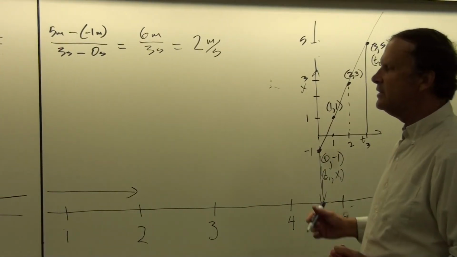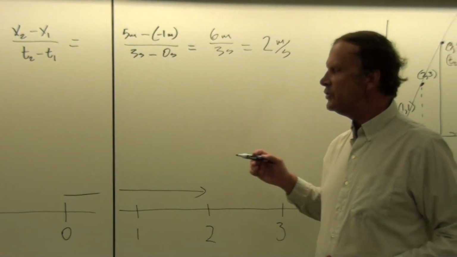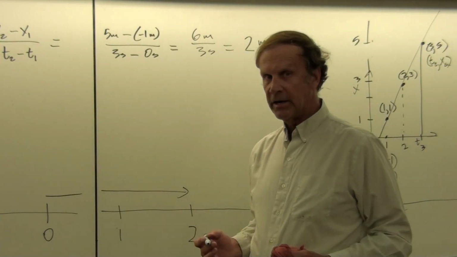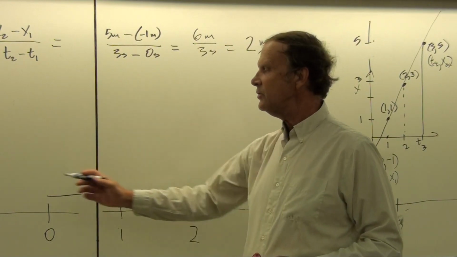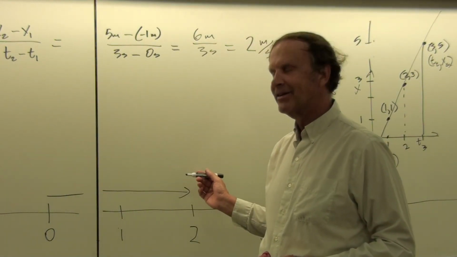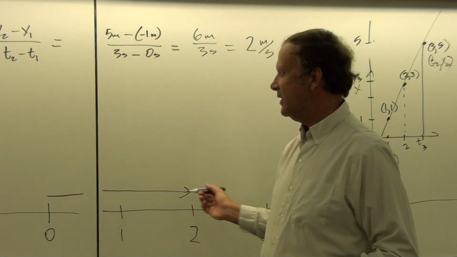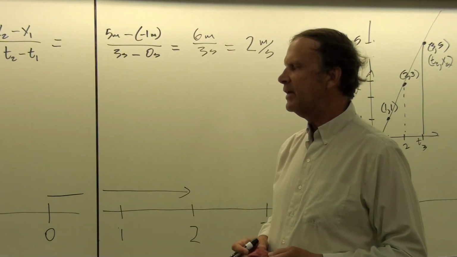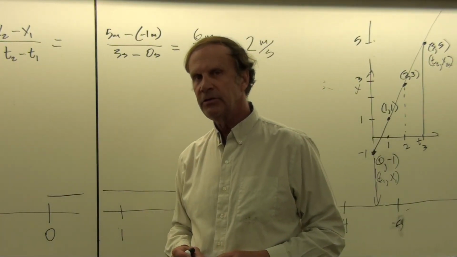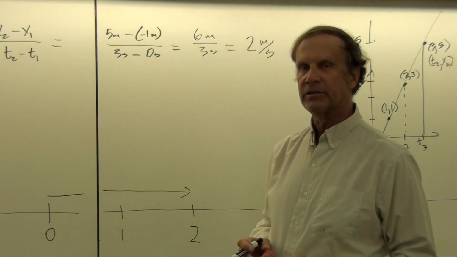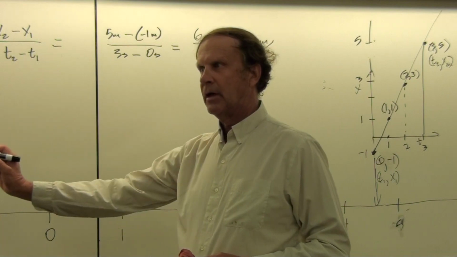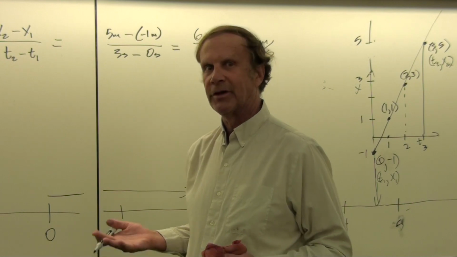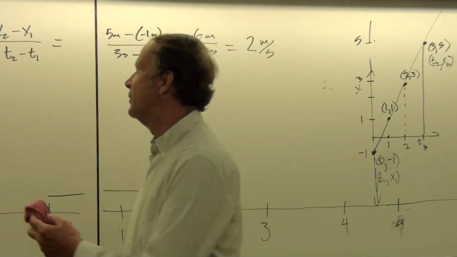So in other words, the velocity isn't decreasing because I'm going this way. It's just motion in what we're defining to be the negative direction. Now we could just as easily have defined this direction to be positive and this direction to be negative. But convention tends to favor choosing to the right as positive unless there's a compelling reason to change that. And we'll see that there are good reasons for changing to a direction that's positive that might point in what we would normally call the negative direction. But for the moment, we're not going to do that.